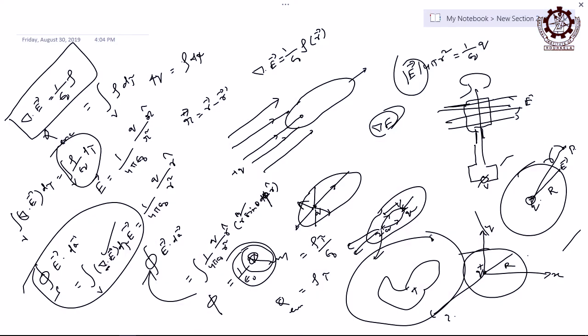This is not for a group of charges, I am telling you, it is for continuous distributions. If some charge is there and it is continuously distributed, it must have some density, otherwise how will you get the total charge enclosed? It is easy to calculate the total charge if it is continuously and uniformly distributed, but if it is discontinuous it is very difficult and a very tedious task, though you can do it. You find the individual charges and then add them all, but for such problems it is very easy using the Gauss law.